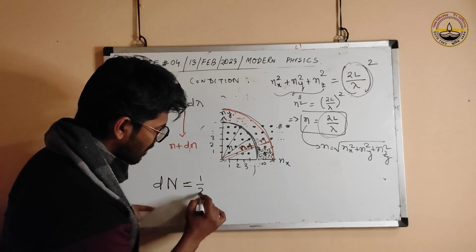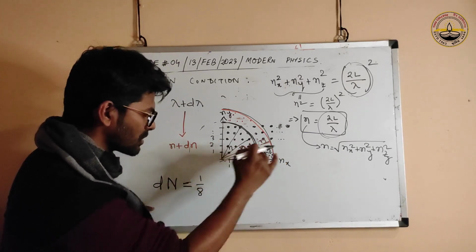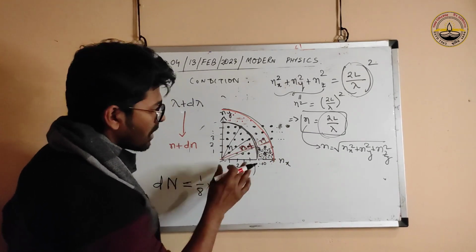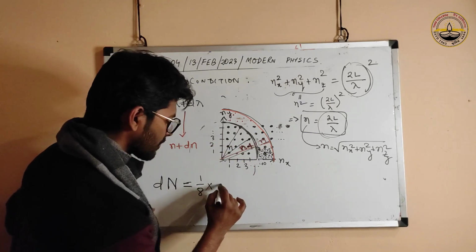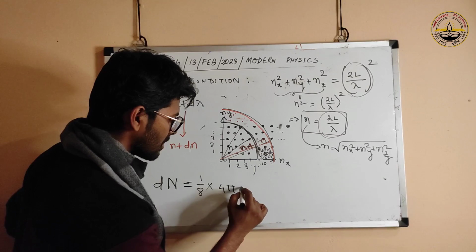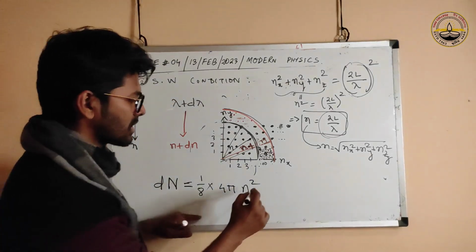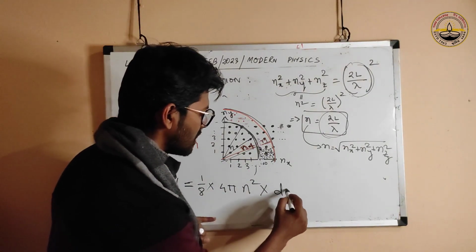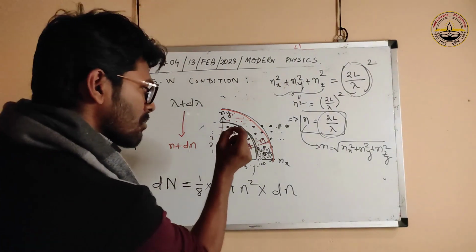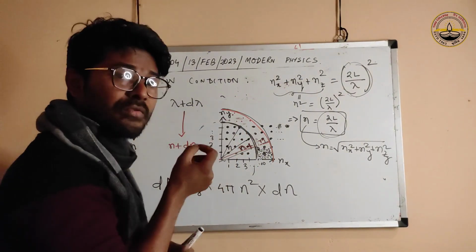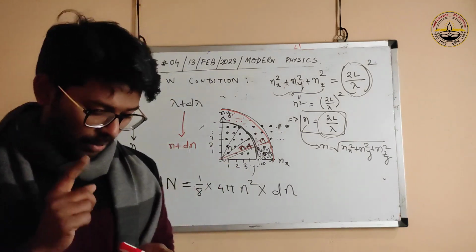So 1/8, of course, because we take only the positive numbers. What is the area of this particular shell? 4 pi radius squared times the thickness, dn. And that's it. That's the number of points. That's the number of standing waves. Now,